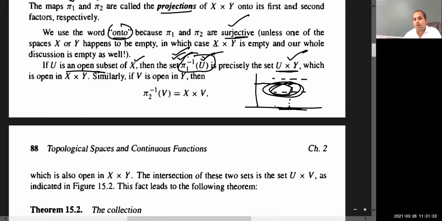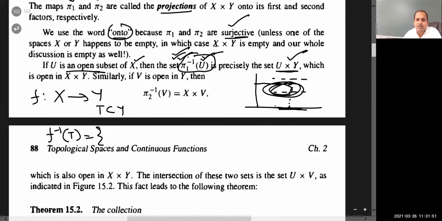अक्सर इस नोटेशन सेम यूज करते हैं, this doesn't mean that we are considering the function to be invertible. Suppose f is a mapping from X to Y, and here we have some subset T of Y. Then f inverse of T is defined as the collection of all those x belonging to X such that f of x belongs to T. यहाँ पे ये सेट थ्योरेटिक इनवर्स है।